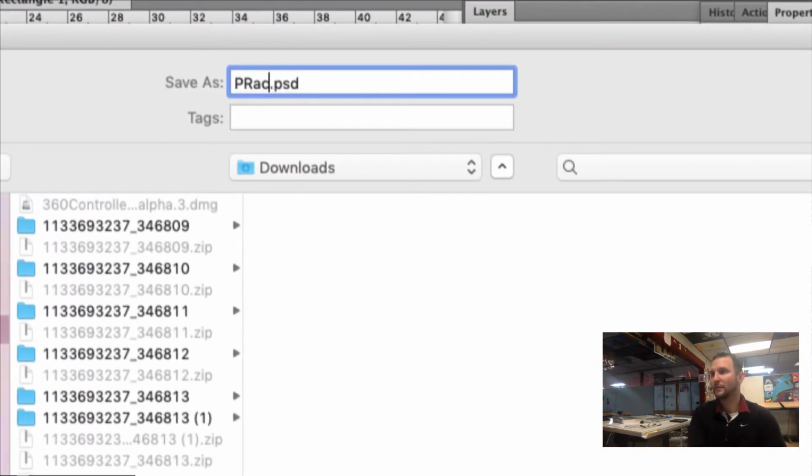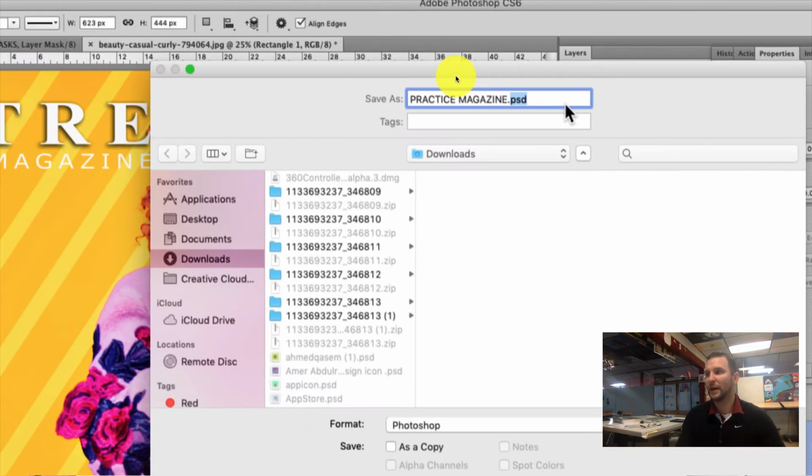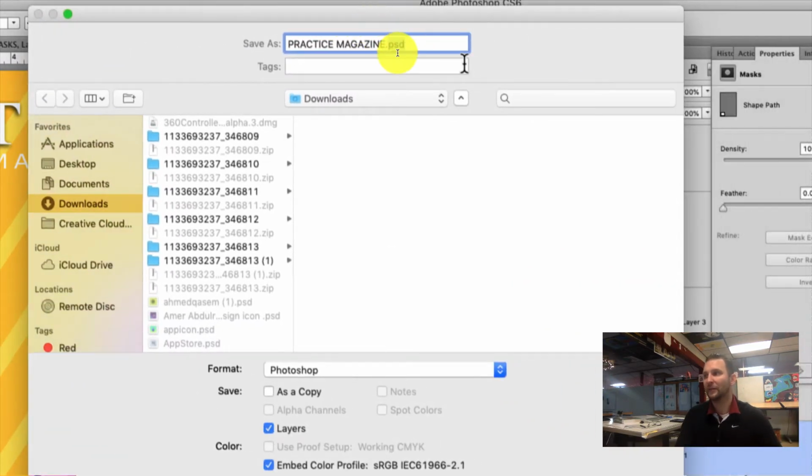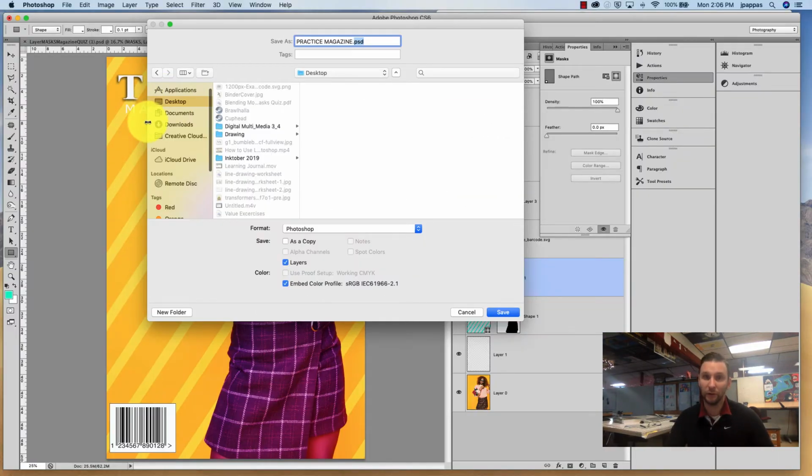Practice magazine, and keep the last three letters here, PSD, so that if for some reason you need to go back to it, all of the layers will be preserved. And keep it in an area like the desktop or your USB drive that you own and you bring in every class period, remember, in a spot that you can always go to. I've got it saved to my desktop,